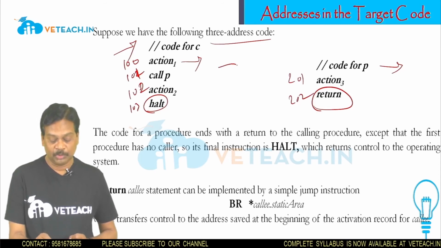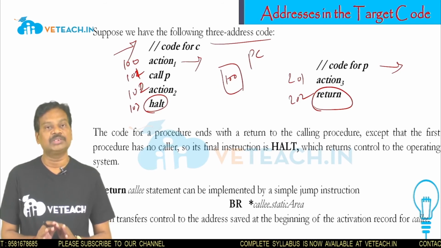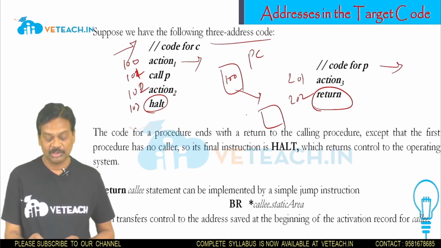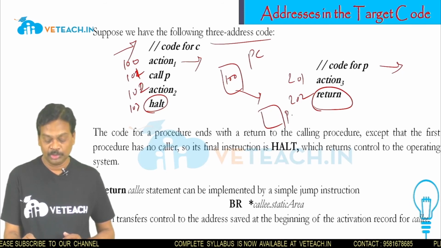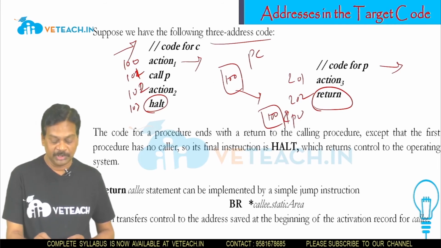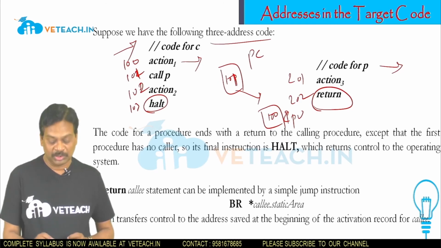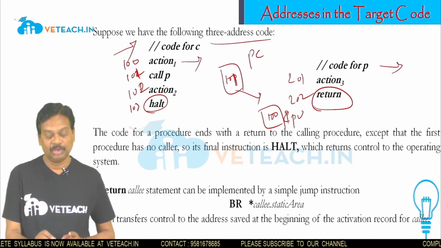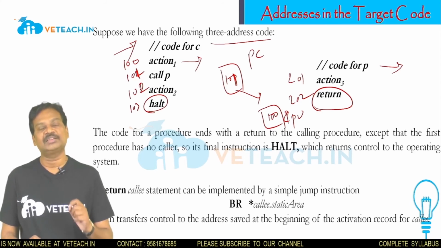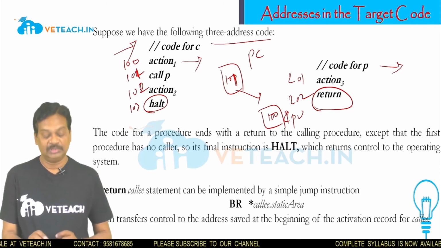So first, the program counter value will be 100. So 100 means it has not started executing. Immediately the instruction at the 100th memory location will be moved to the processor. While the 100 is working in the processor, immediately the program counter value will be incremented by 1, so 101. What does 101 mean? The program counter value being 101 means the instruction at address 100 is executing. So 101 is the program counter.